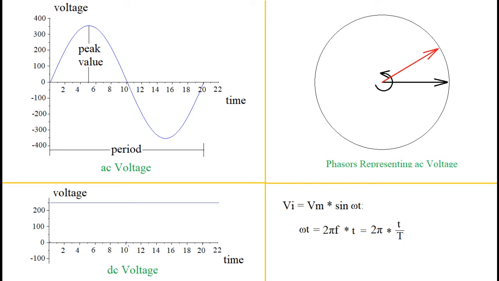Applied voltages and resulting currents considered so far were constant with respect to time, that we call as a DC voltage and current. But waveform that we see on slide at top left corner is changing with respect to time. As we move along positive x-axis, voltage rises initially and reaches some peak value. When we further move along positive x-axis, voltage drops gradually and reaches zero value.